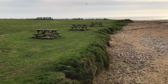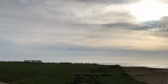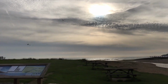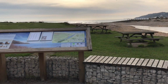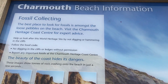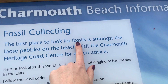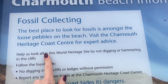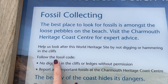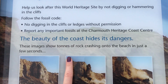Now Charmouth is also located in Dorset, in West Dorset, and it is right next to Lyme Regis because that's what we visited before this. So we are going to have a look at the information board because Charmouth is known for fossil collecting, and it says here that the best place to look for fossils is amongst the loose pebbles on the beach and not digging into the cliffs, because obviously the cliffs could just fall down